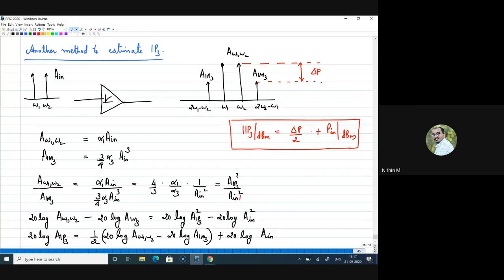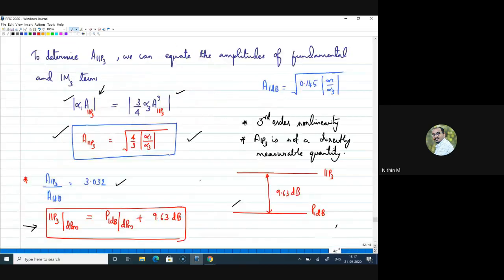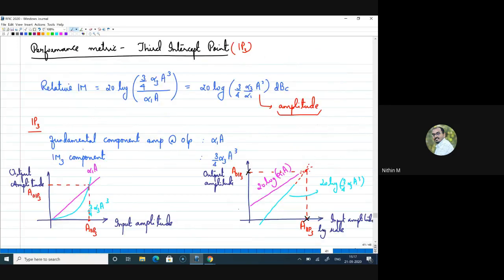Yes, Juhi, I read your question. Through this estimate method, we are directly depending on the input signal level. Yes, that is true, that is a good observation. What I was telling the other day, when we arrived at this equation, was that if I use this estimate to find the IP3 value, we are not directly depending on the input signal level. But for the relative measure, we always wanted to get the input signal level. That was the difference I stated there. I hope that is clear, Juhi.